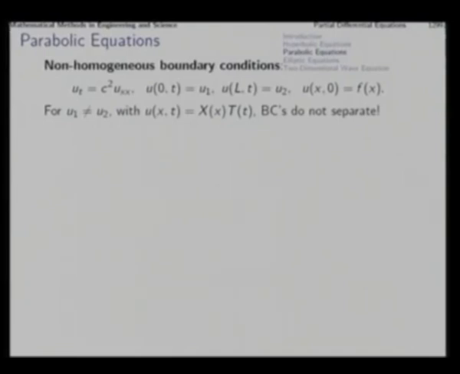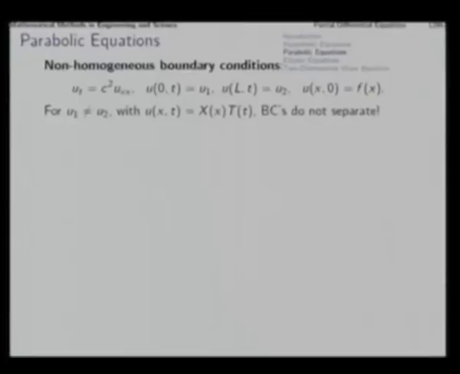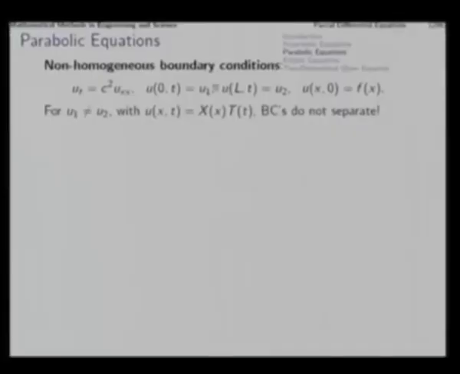Now, if the boundary condition is non-homogeneous, say at x equal to 0 the condition is u1, and at x equal to L the condition is u2. Even if u1 and u2 are not 0 but equal, the previous solution will still be applicable, because the entire temperature scale will basically rise and the rest of the thing will be the same. On the other hand, if u1 and u2 are unequal, that is, the two endpoints are maintained at different temperature values, in that case